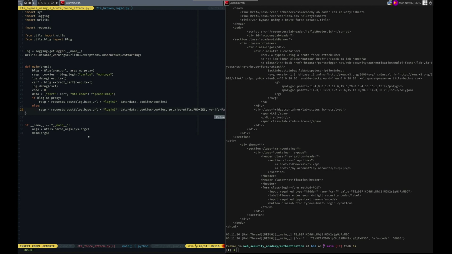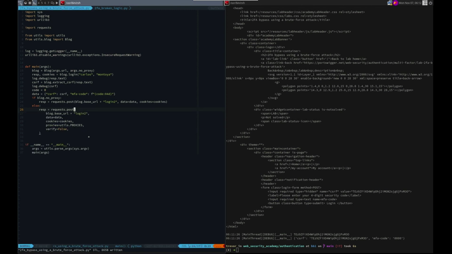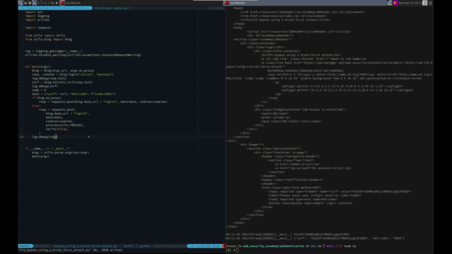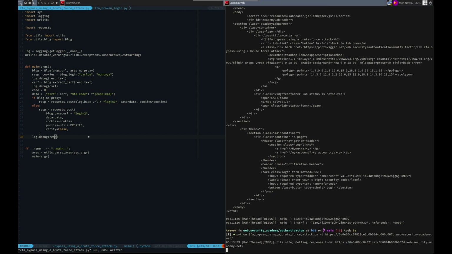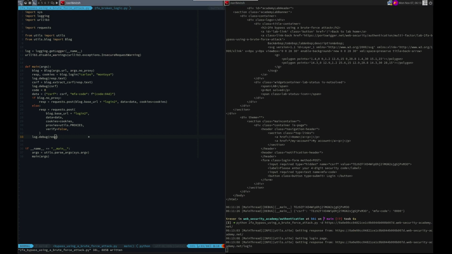Verify equals false. And then we'll do log.debug resp. And we can